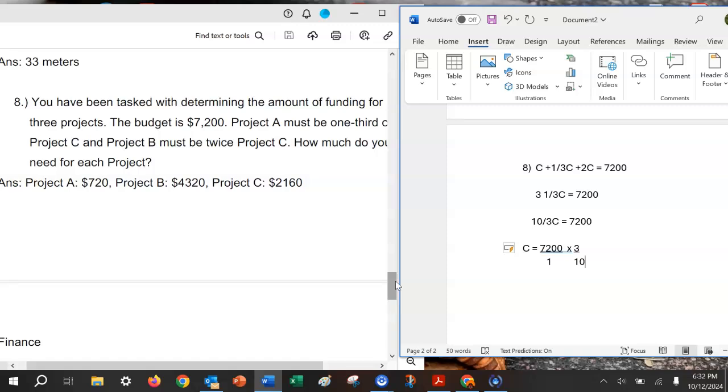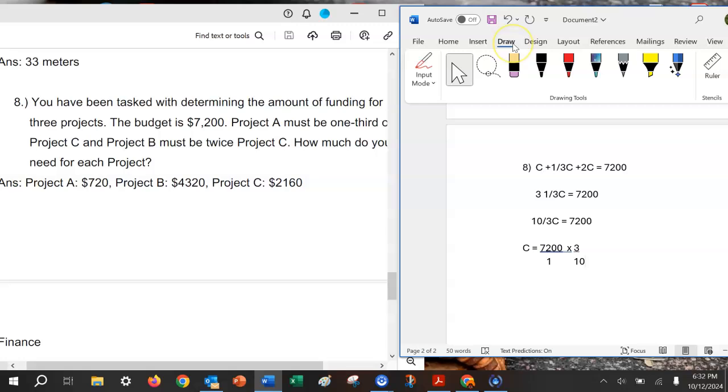So I can go ahead and multiply across, but I can also simplify a little bit. When I look at those, 7,200 can be divided by 10. So what's really left, I'm going to get some lines, but I have